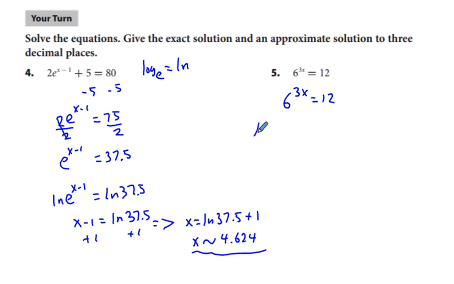Let's put log base 6 of 6 to the power of 3x, and that's going to be equal to log base 6 of 12. So log base 6 and 6 will cancel each other. So we have 3x is equal to log base 6 of 12. And if we divide by 3,